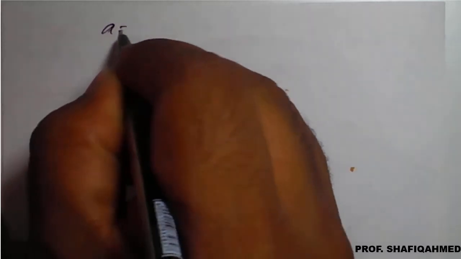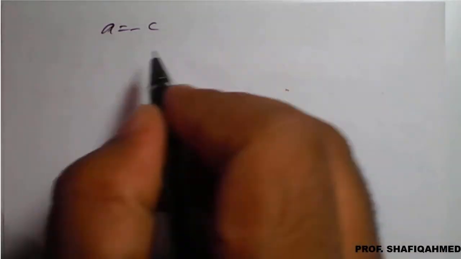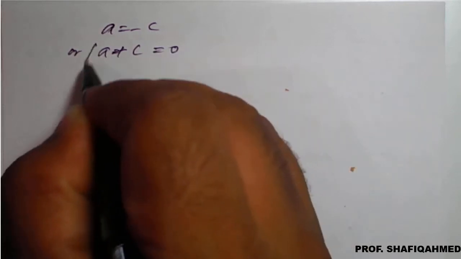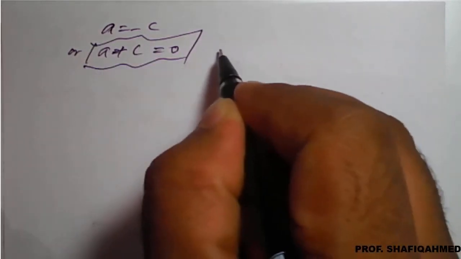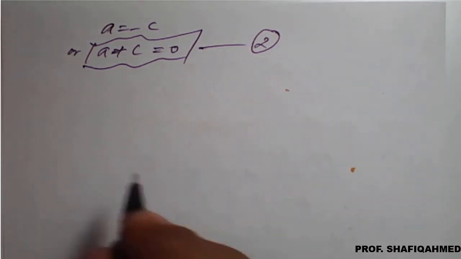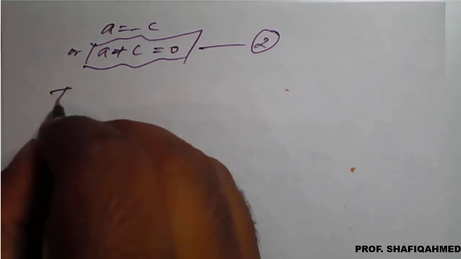So we'll get A is equal to minus C, or I can say that A plus C equals 0. So we got equation number 2 from the Z1 value and W1 value. Now take